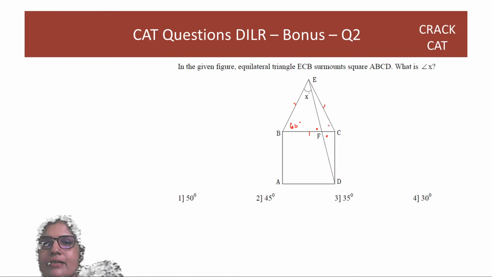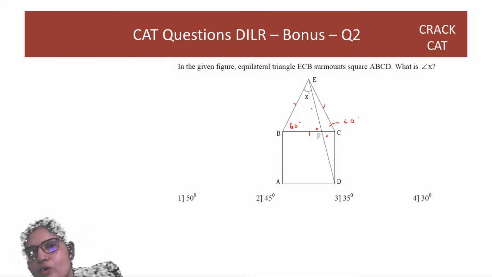So this is 60 degrees. If you draw this properly, this side is also equal to this side. Now this angle totally is 60 plus 90, it is 150 degrees. So these two angles have to be equal because both are the same. So these are the base angles.